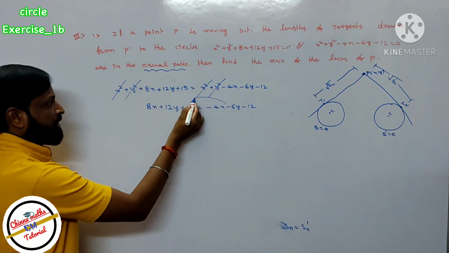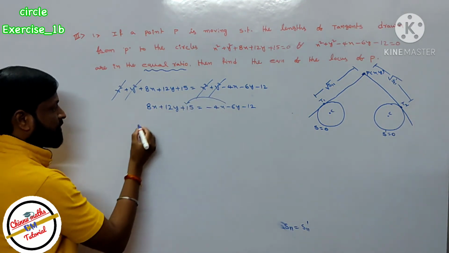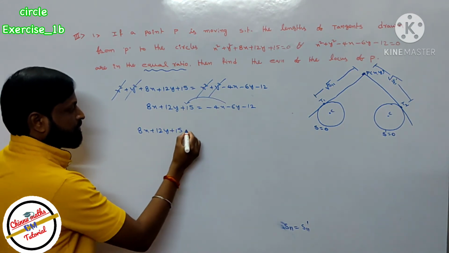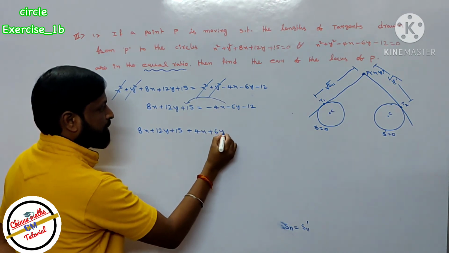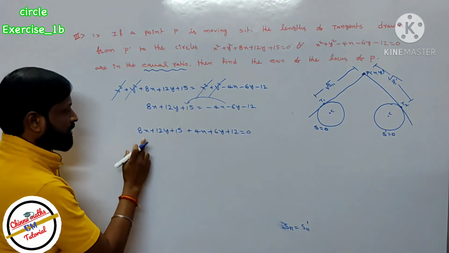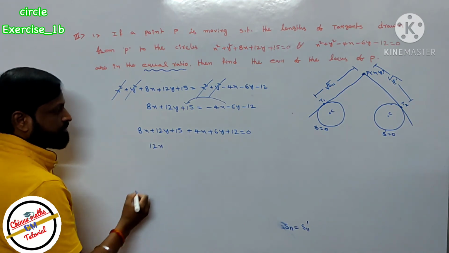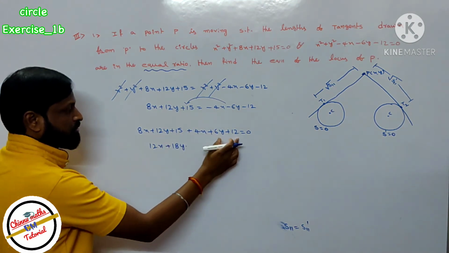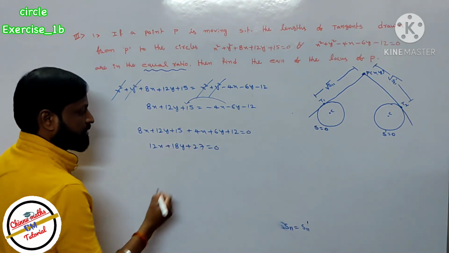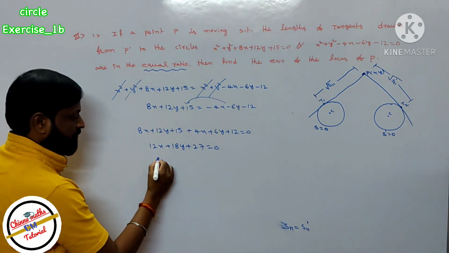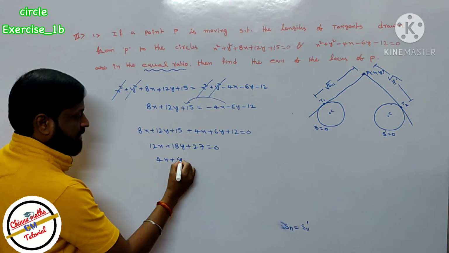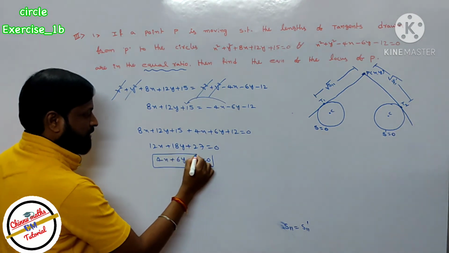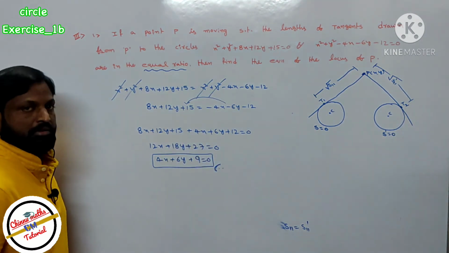All these elements can be written on the left side, and their sign should be changed. First write the left side values, 8x plus 12y plus 15, then plus 4x plus 6y plus 12 equal to 0. 8x plus 4x equal to 12x, 12y plus 6y equal to 18y, 15 plus 12 equal to plus 27, equal to 0. 3 is the common factor. 3 4s are 12, 3 6s are 18, 3 9s are 27, equal to 0. It is the required equation. It is the locus of